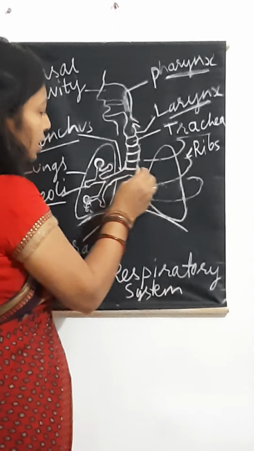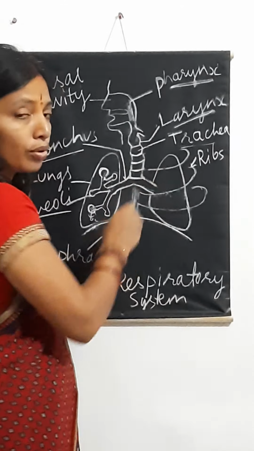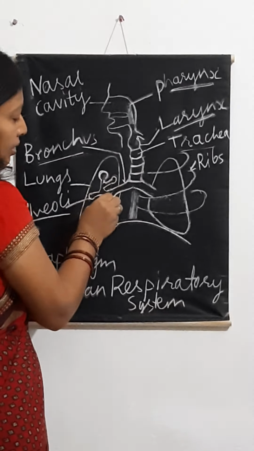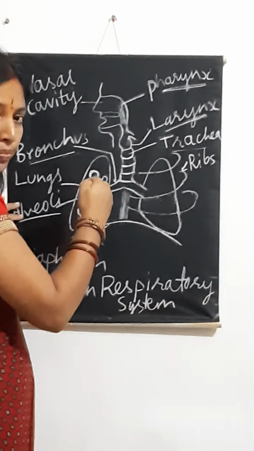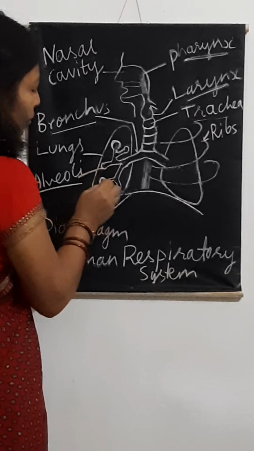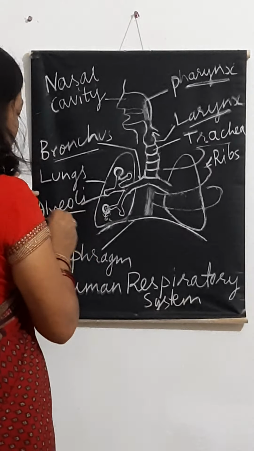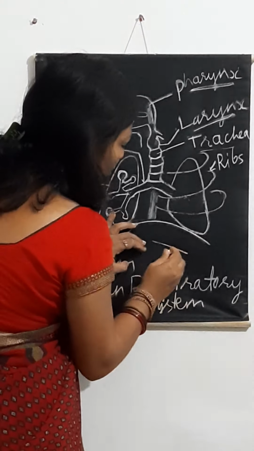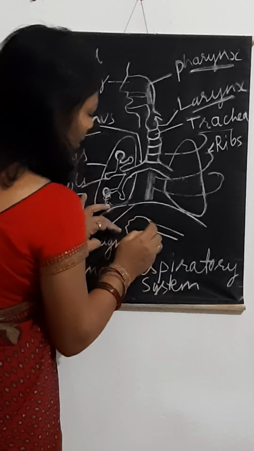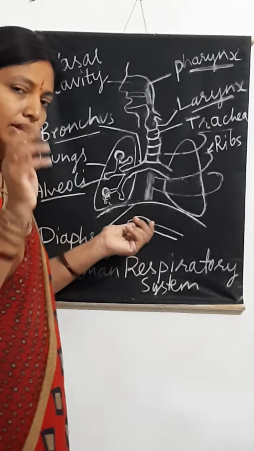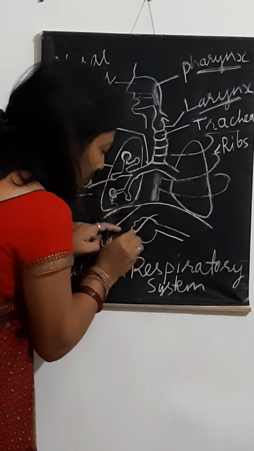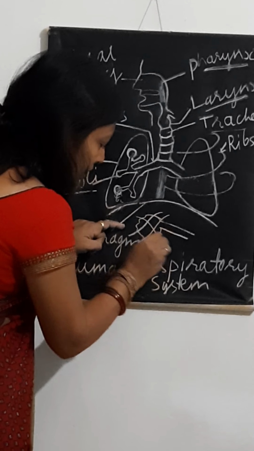And further, this trachea divides to form bronchi, singular bronchus. So this is the tube which enters inside the lungs and divides further to form primary bronchioles, secondary bronchioles, and finally it ends in balloon-like structures known as alveoli. If I were to draw a single alveolus, it will appear like this. As I told earlier, all the areas where exchange of gases occurs will have a thin surface, they will be highly folded, and they will be covered by blood capillaries.